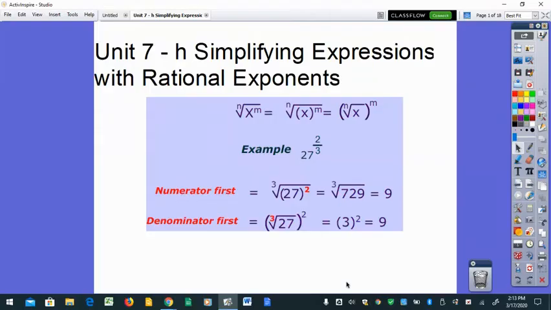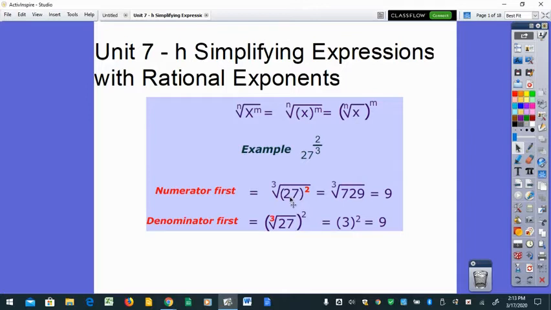And today we're going to talk about simplifying expressions with rational exponents. The last time we met, we were talking about the nth roots. We were talking about how to convert a power to a root and back and forth. If you look at this screen right here and you look at 27 to the 2/3, we talked about the fact that the bottom number, the denominator, would become the index. The numerator would become the exponent, and of course the base would become what's called the radicand, or the number